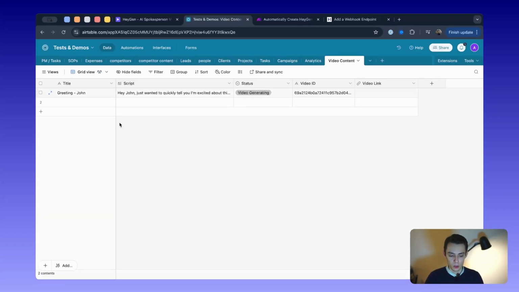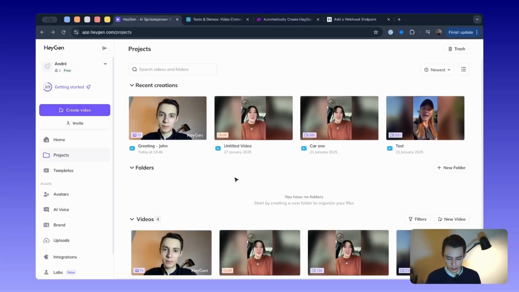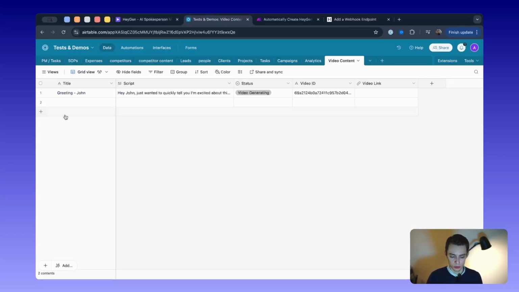So we're going to use Airtable for this, basically for the whole creation, but you can use any other database. But this is great to do it at scale and not having to go to HeyGen, creating the video, typing everything, etc. So what we want to do is when we write here a new, let's say, script or a